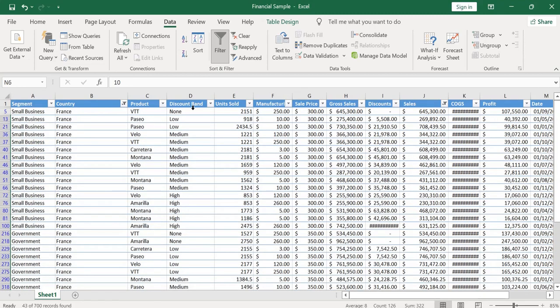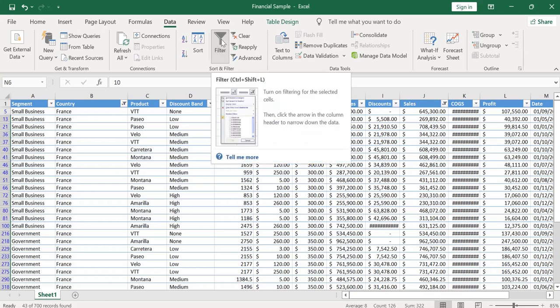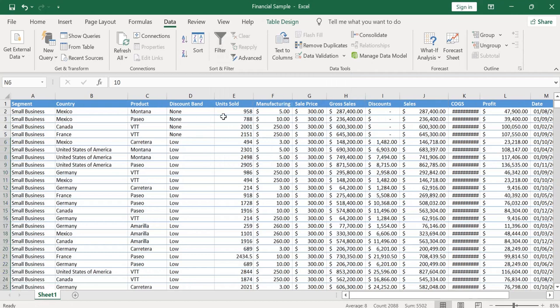So this is how data filtering can be applied on the data. Now you can remove all the filters directly just by clicking the Filter icon. Now look at here, everything has gone. And if you want to do it individually, when the filter is here, you can either click on Clear or click on the drop down, which will give you the option to clear the filter. Both those options will work perfectly fine. So this is about the data filtering concept.